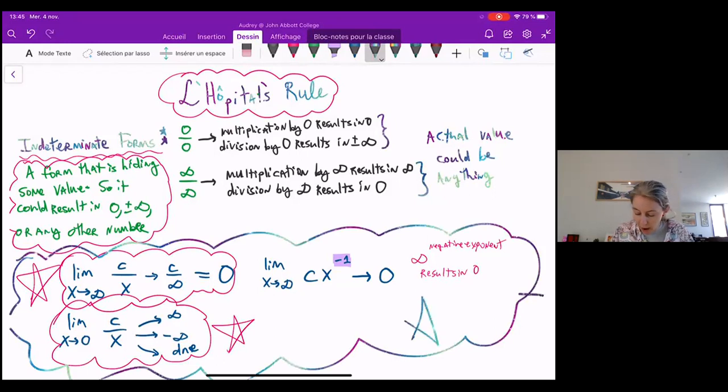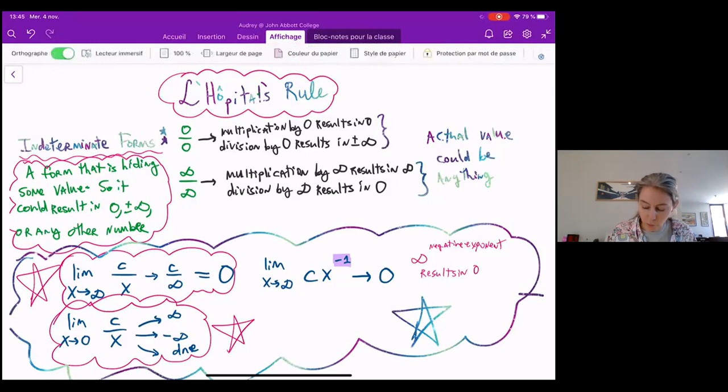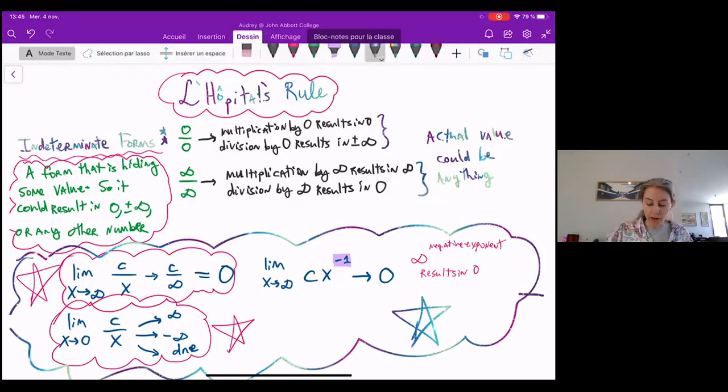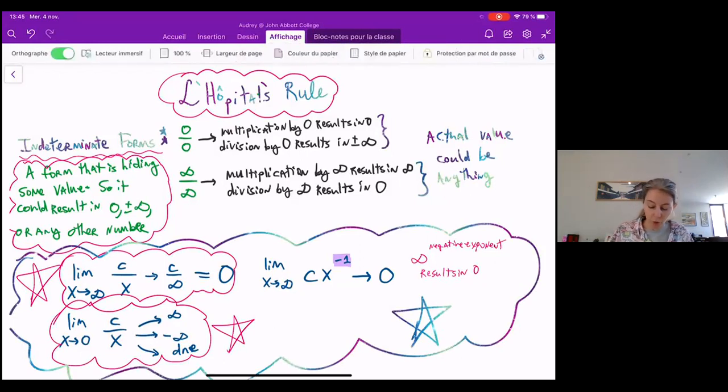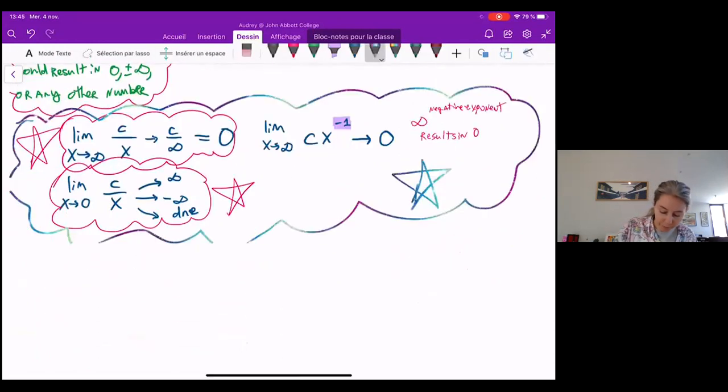All right, so now how is all of this useful to us? How are we going to deal with this in a different way than what we did last semester? And the answer is L'Hopital's rule. And L'Hopital's rule is using derivatives to calculate limits. The rule itself says,